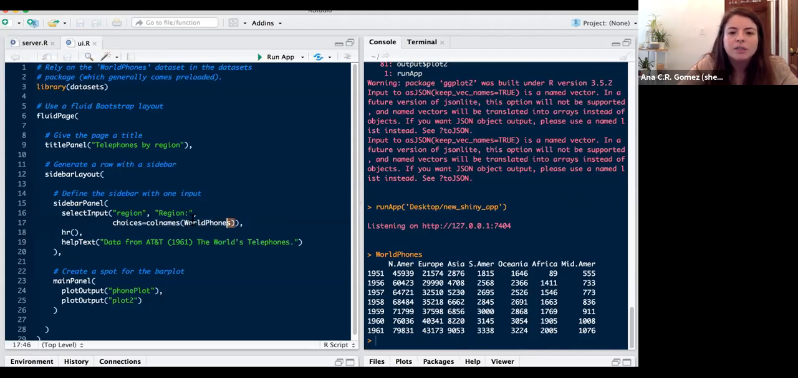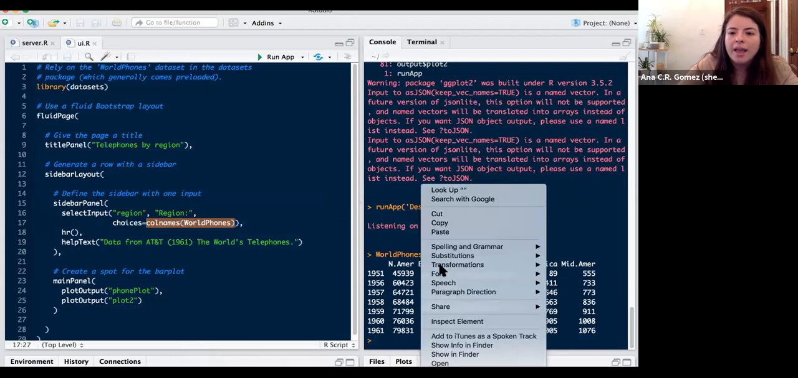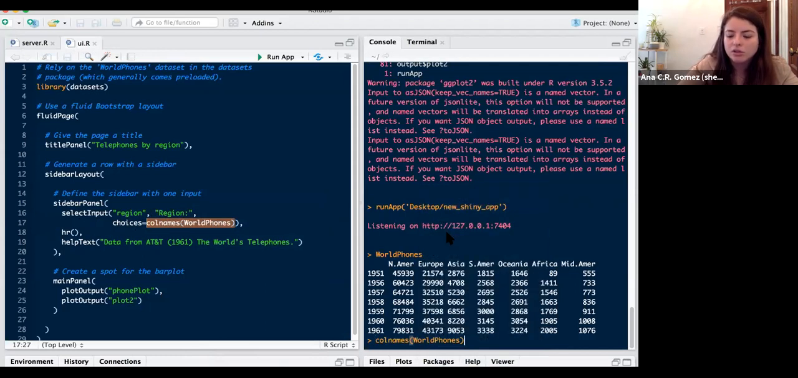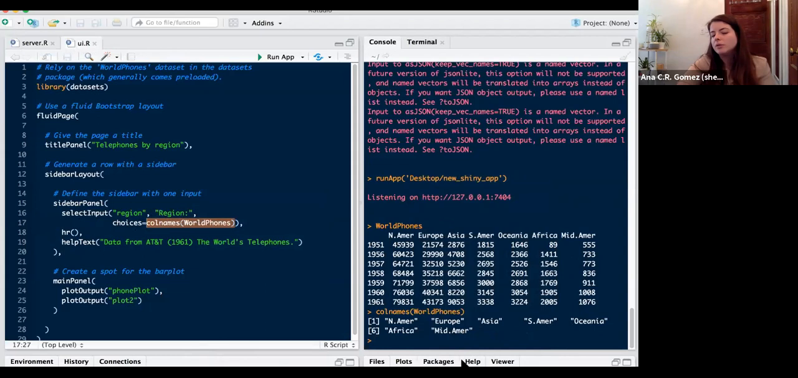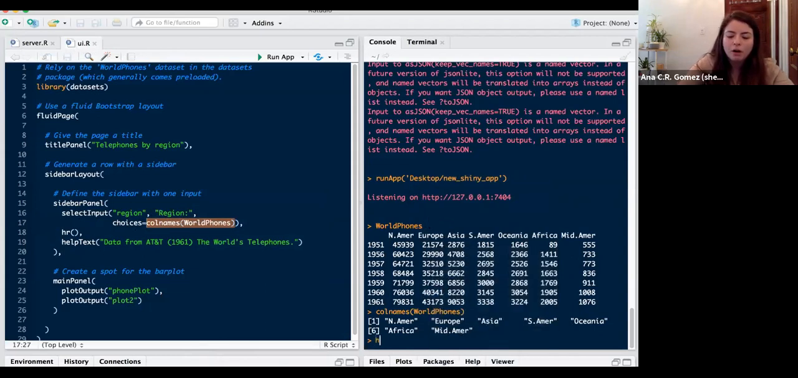So how are we going to do this? Right now, choices is literally the list of choices that you're going to have in your drop-down menu. And since it's just column names, it's a list of strings. But if you look at the help file for selectInput,